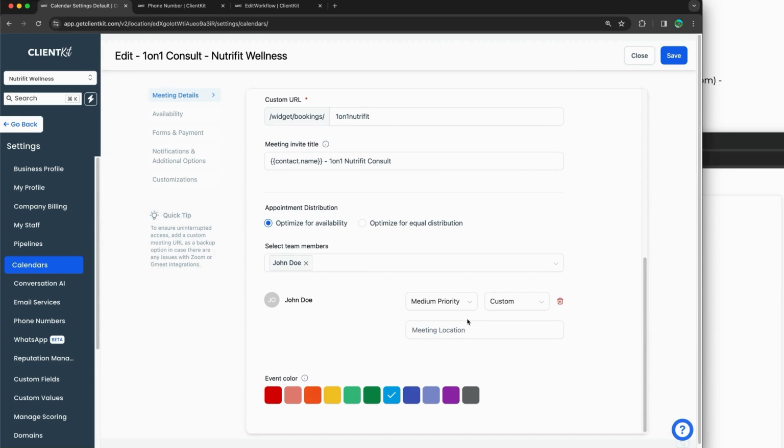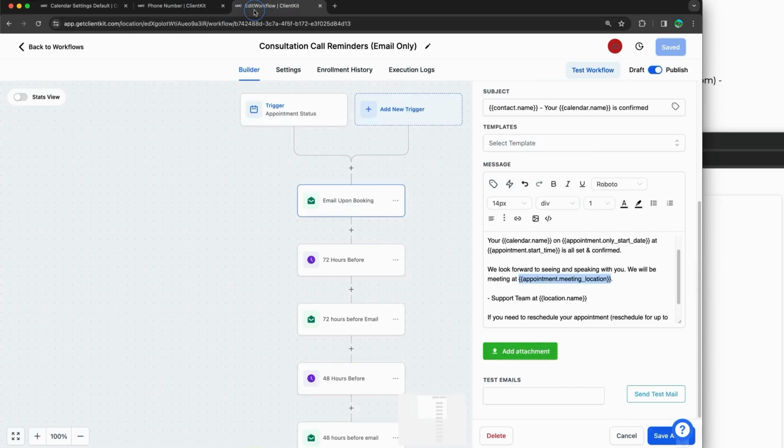Right now it's blank, and that's why the custom value couldn't actually pull that in. These are all questions that you're going to have to decide on your own in terms of what that looks like, and then actually change it there. Again, this is where we're getting you 80 to 90% of the way there, but then you've got to